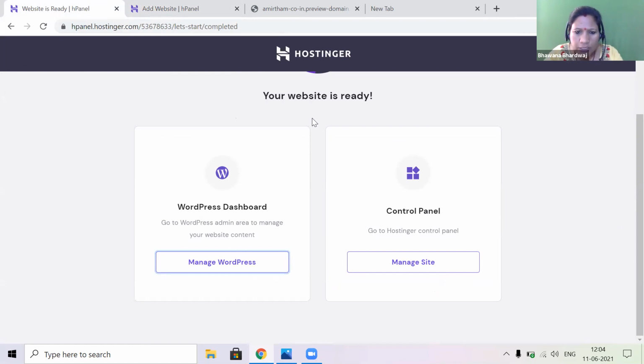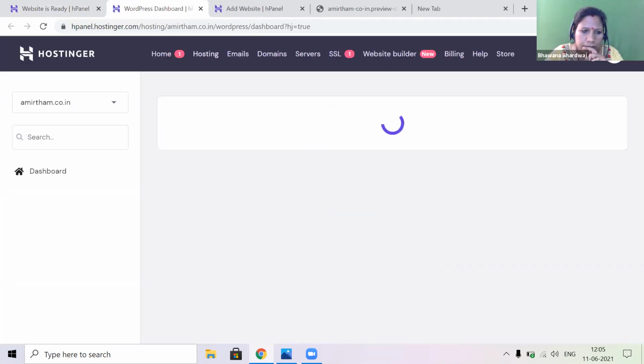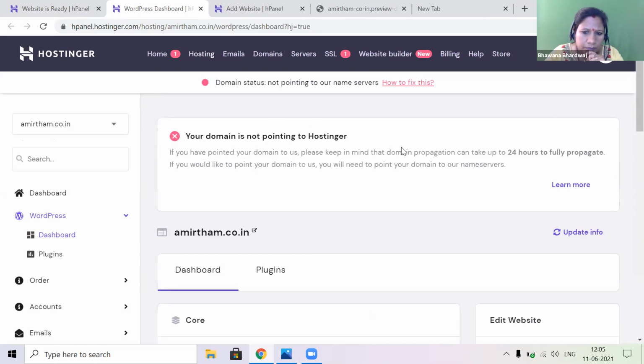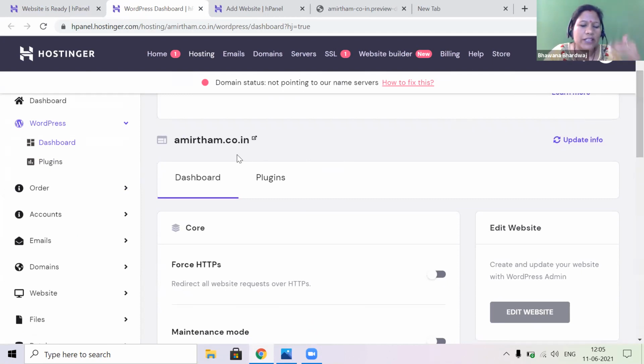Okay, go to the Hostinger control panel, click on manage site, where you can see the domain DNS, because it's saying that your domain is not pointing. So whenever you find this kind of error on any platform, we have to make sure that your DNS record is pointing to the hosting name server.